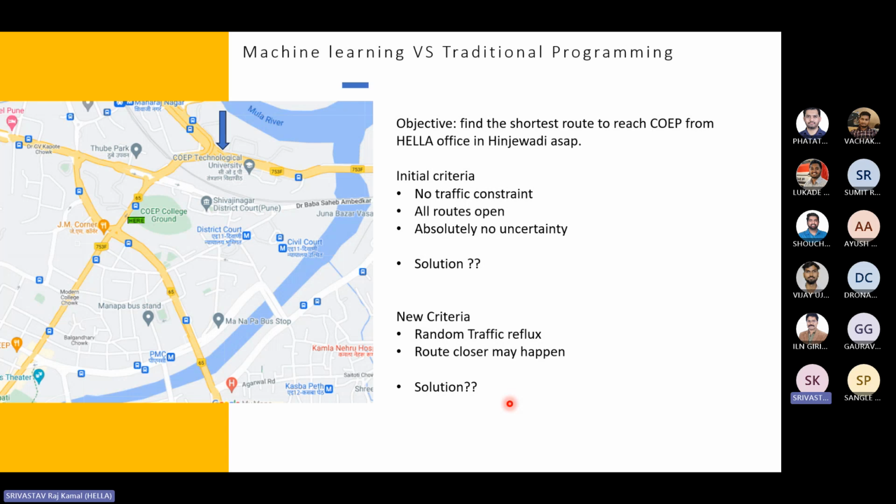Now we are going to train models considering, in the past, if this was the traffic flux, if this was the route, what were the open options. Models will train on such data from the past, and based on such uncertainties they will give you the answer. And a machine learning solution is not always 100% correct. The answer will be the best for the given conditions and given uncertainties.